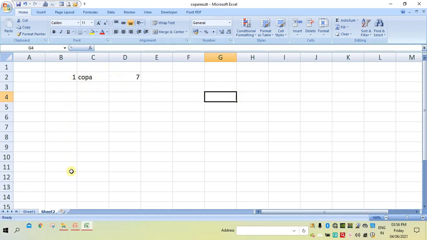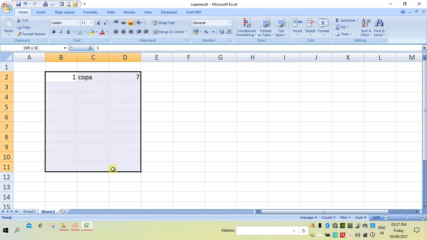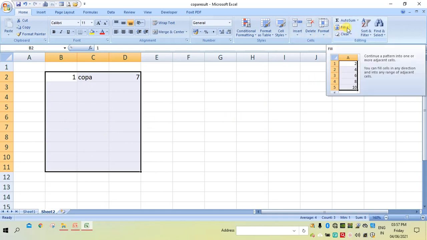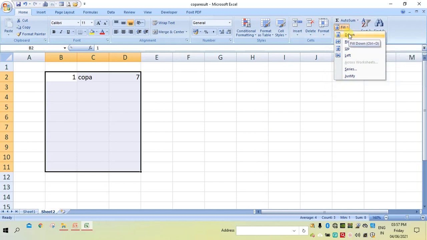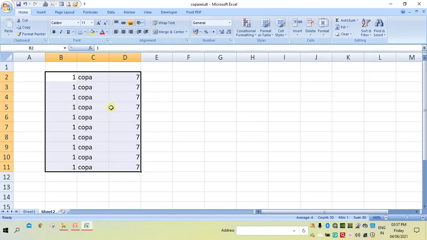I want to repeat this in the bottom area of the cells. Select and also select the empty cells. Then go here, fill option, then select downward. It will fill the remaining cells automatically.